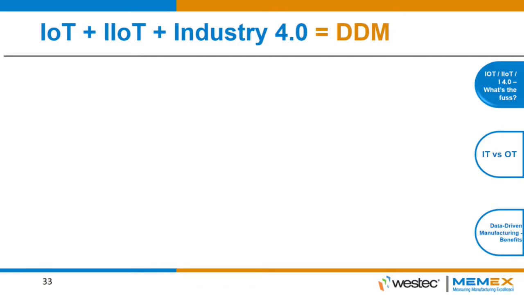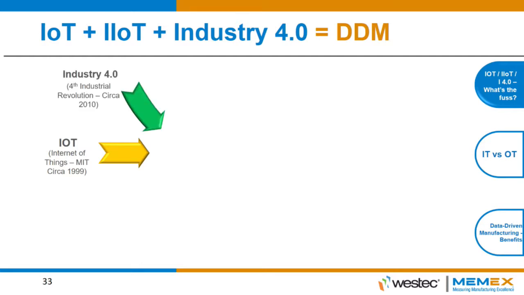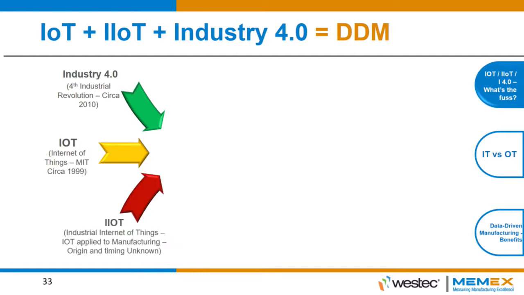So I'd like you to think about IoT and Industry 4.0, and think about a convergence of those 3 ideas into one strategy called data-driven manufacturing. IoT was coined in 1999 by MIT. Industry 4.0 was by the German government around 2010. IIoT, or Industrial Internet of Things, I couldn't find a stat because Cisco and GE said they invented it around the same time. So I don't really know who invented the term, but when you think about a convergence of